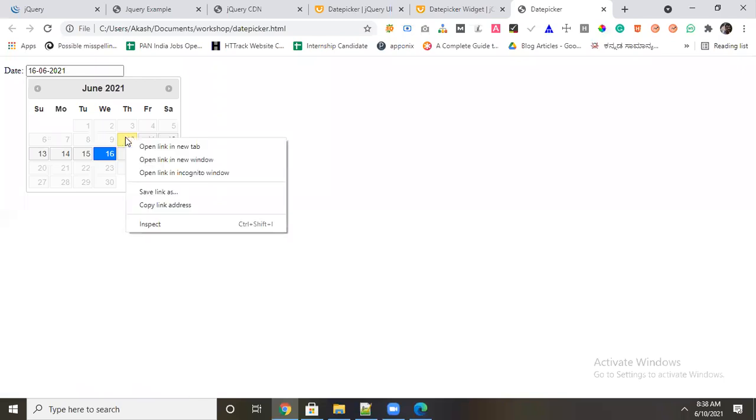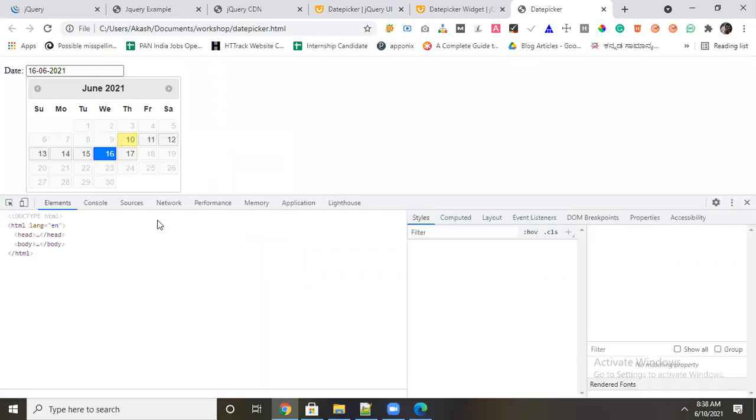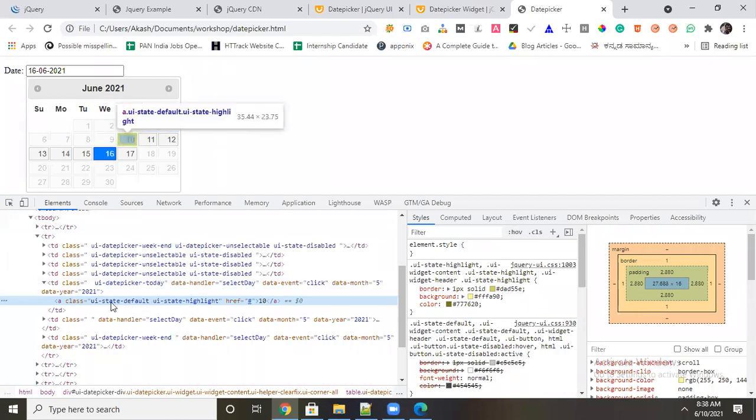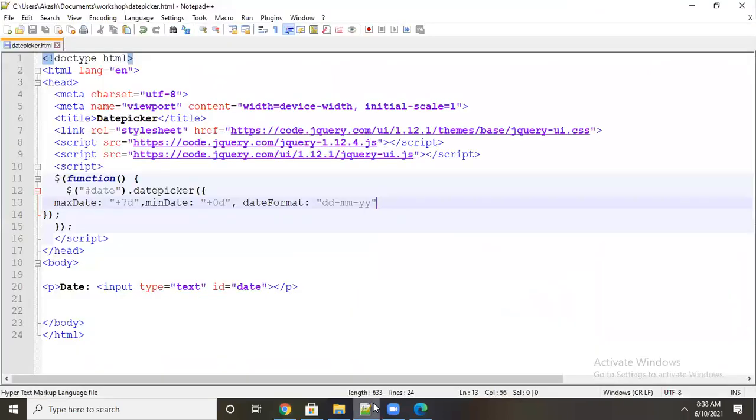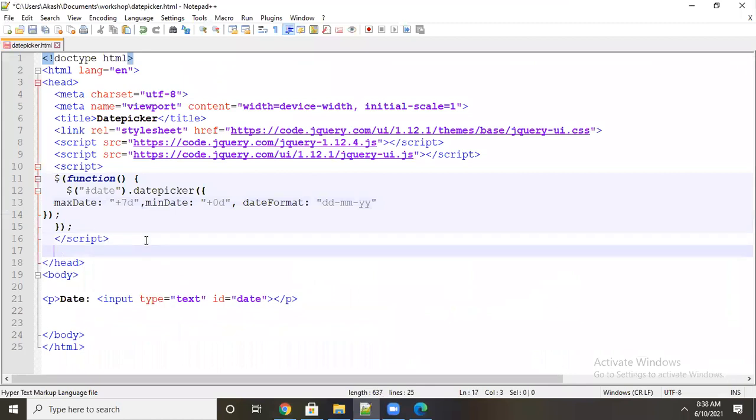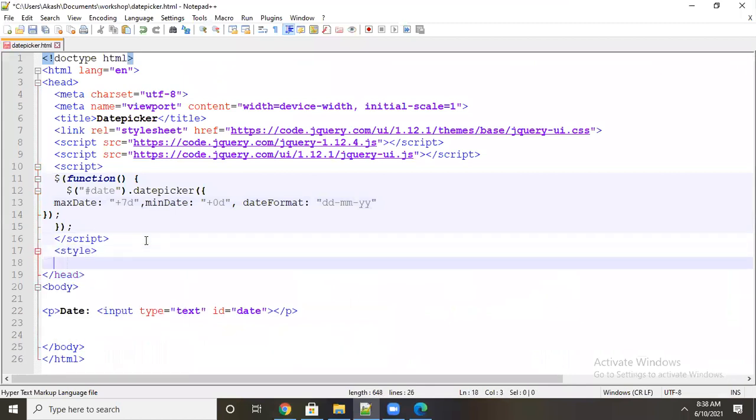Now see, one more thing I will tell you in terms of UI designing, if I want to change something, that is also possible. For example, you can see the current selection is yellow color. How to change it, I will tell you. Just inspect that one. You can understand what class they have used. See, ui-state-default, ui-state-highlight they have used. Which class are they using here? ui-state-highlight. Take this property and you can write it internally. Because you now know how to write CSS, you can do the editing also.